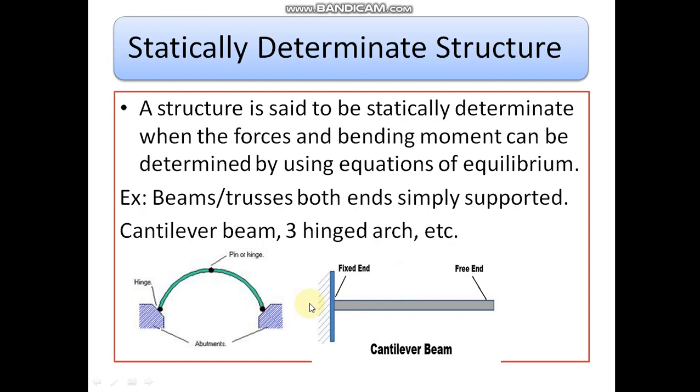So now let us see statically determinate structure. Any structure is said to be a statically determinate structure when the forces and bending moments can be determined by using equations of equilibrium. For example, you see the beams or trusses where both ends are simply supported, the cantilever beam, or three-hinged arches. All these can be analyzed using conditions of equilibrium. So here, for example, you consider a cantilever beam. The number of reactions possible in this cantilever beam is 3. The number of equilibrium equations available is 3, so 3 minus 3 equals 0, so it is a statically